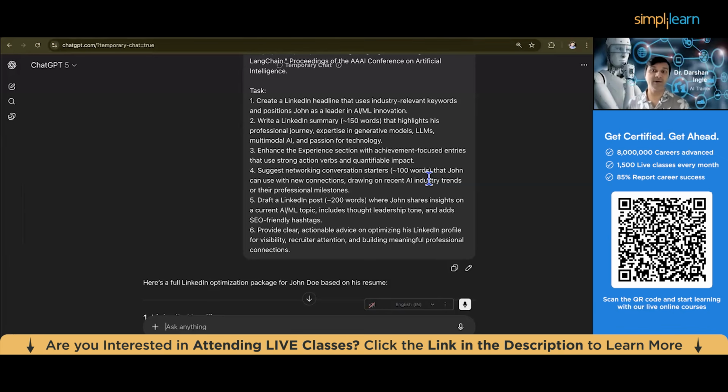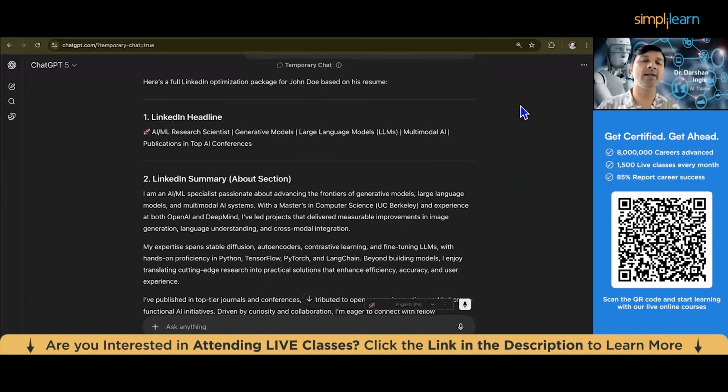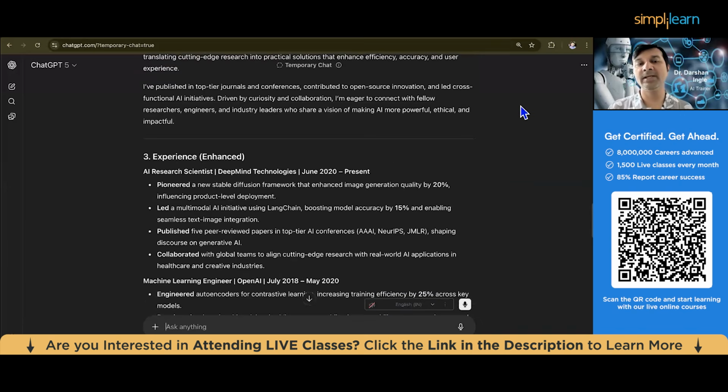friendly hashtags. Very important: provide clear, actionable advice on optimizing his LinkedIn profile for visibility, recruiter attention, and building meaningful professional connections. The output is going to be way, way better. LinkedIn headline, you have LinkedIn summary, experience,